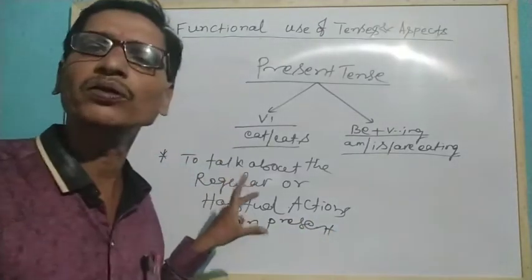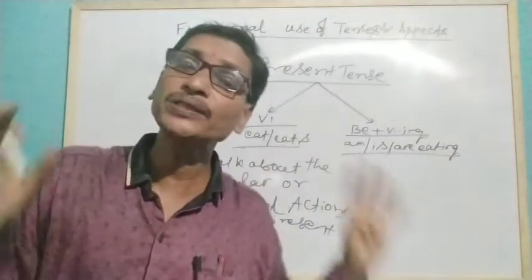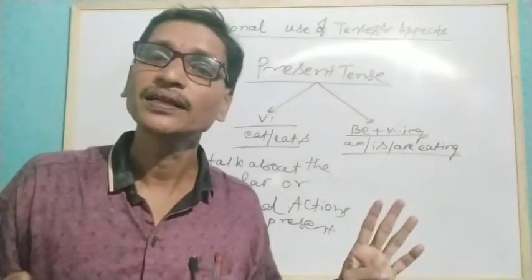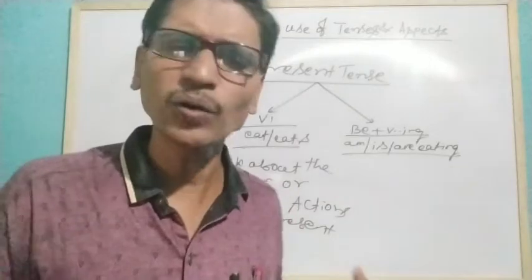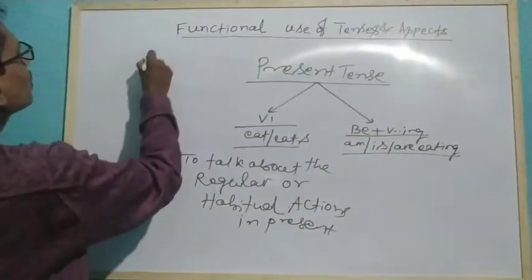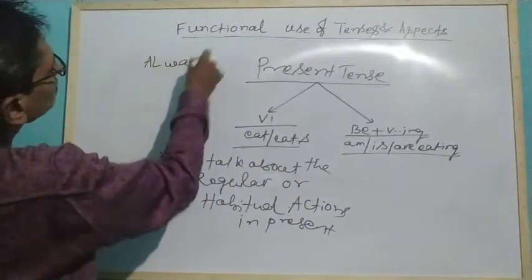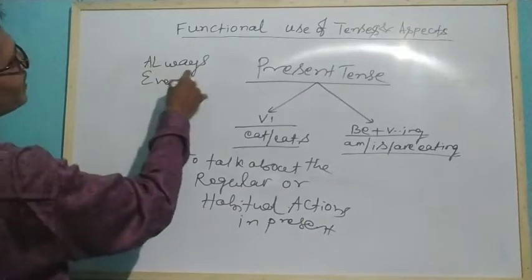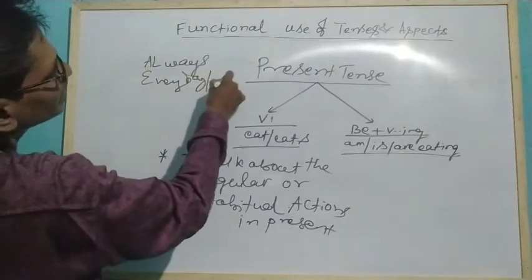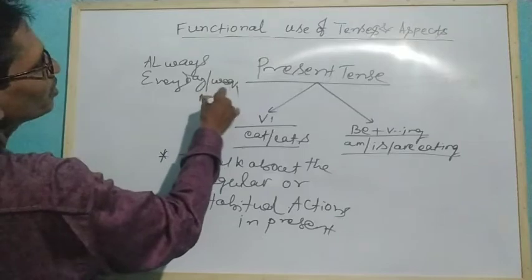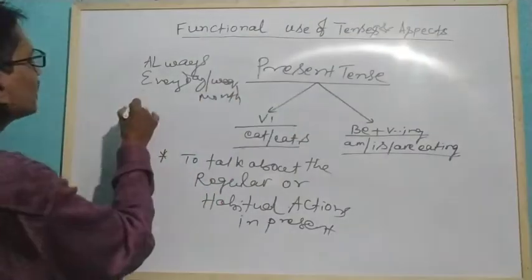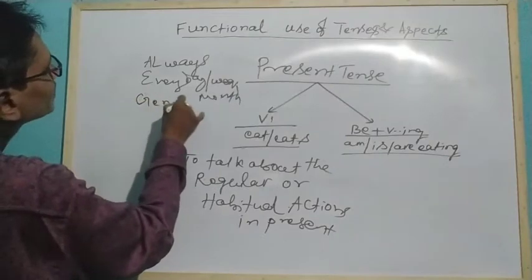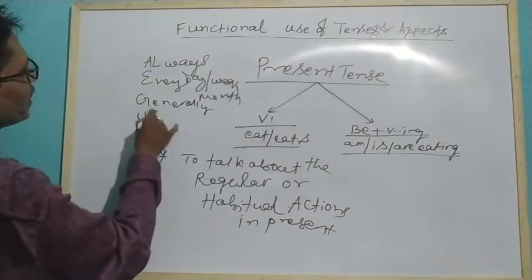When we talk about the regular or habitual actions in present, we use verb present form. How can we know it is regular? When we talk about always, every day, every week, every month. Similarly, when we can use generally, usually,